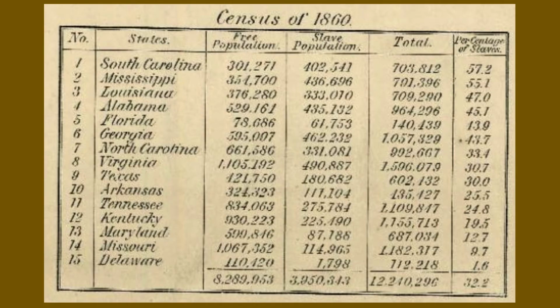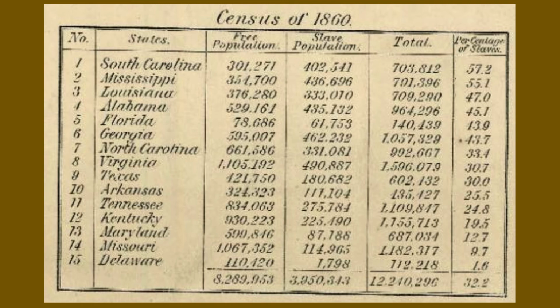So basically you have a situation where there are 15 states in the United States, all in the southern part, where slavery is legal. And it's a peculiar institution because when the country's founded, there are hundreds of thousands of slaves. But then these southern states are now one of the few places left where this is legal, and the slave population is growing.